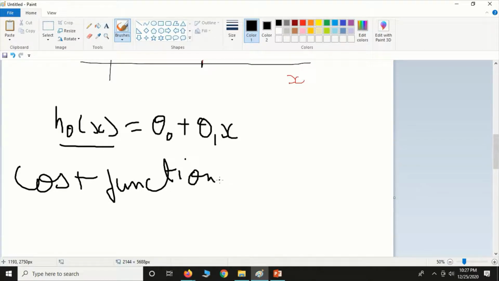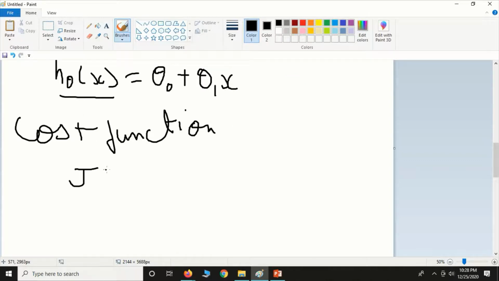Cost function is the difference between the predicted values and the existing values. If we reduce this cost function to the lowest, our predictions will be more accurate. If we minimize the cost function, the predicted y values will be more accurate. Cost function is the difference between the predicted values and the existing values for the same x values. We must reduce this error in order to create a better model.